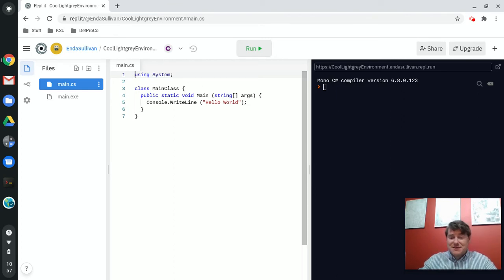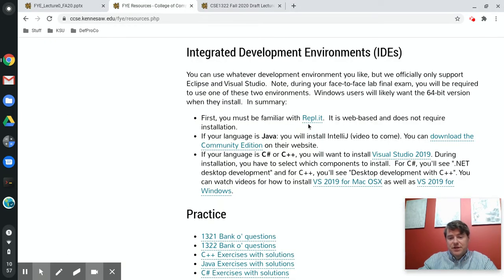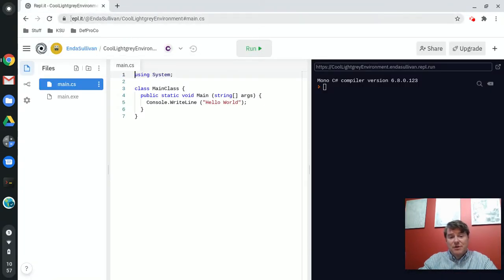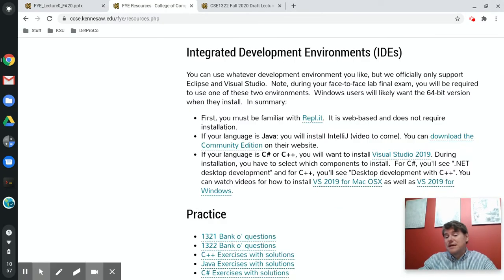I'm actually teaching these classes on a Chromebook, so I have a compiler installed. I have an IDE, but I'm going to use this most of the time because, well, it works and it's just there and it's free. So why not? So I'd encourage you to use that for any little examples. Any example that I post in class will automatically be available. And so the URL is repl.it slash, and then my username is @EndaSullivan because, well, that's my name. The E and the S are capitalized. I don't know if that's relevant. It probably is. But if you go there, you'll see all the examples from class.